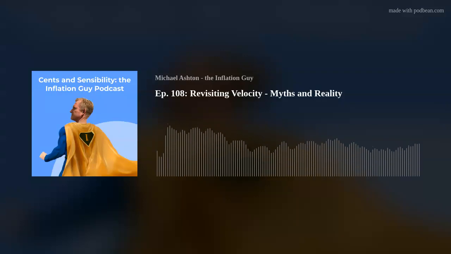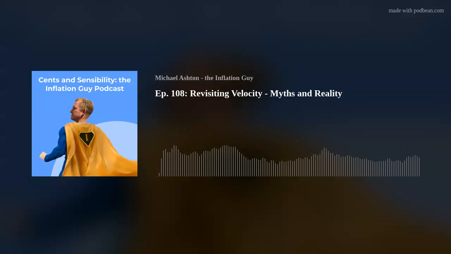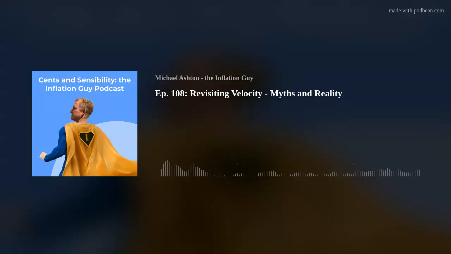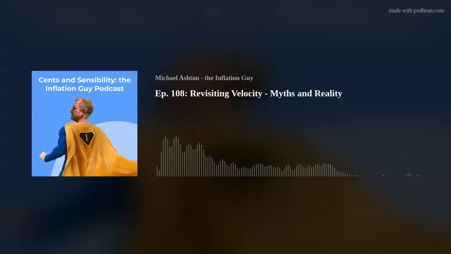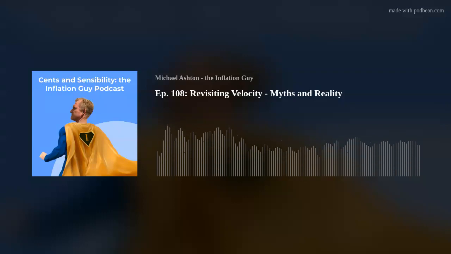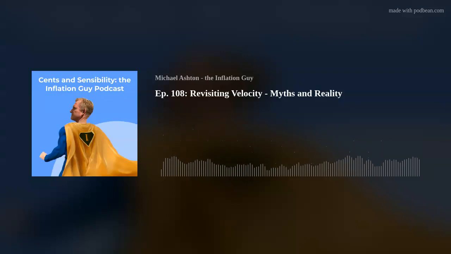So I'm going to ignore the cash as the proportion of M2 part because that moves slowly and it's small, and I don't know that I can say a whole lot useful about that. But let's look at the other two pieces. One, people are more uncertain about the future now than they were pre-COVID. They're much less uncertain than they were during COVID. I mean, COVID was crazy, and you had lots of cash in your account partly because the government flushed a bunch of it there, but also partly because you didn't mind having a lot of cash because you didn't know what was going to happen next.